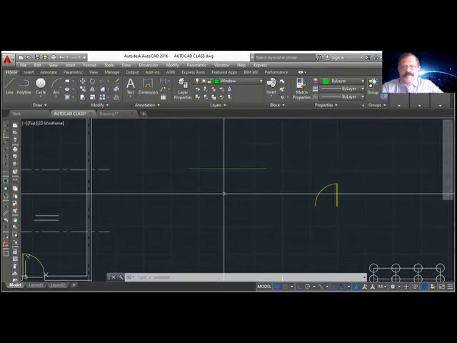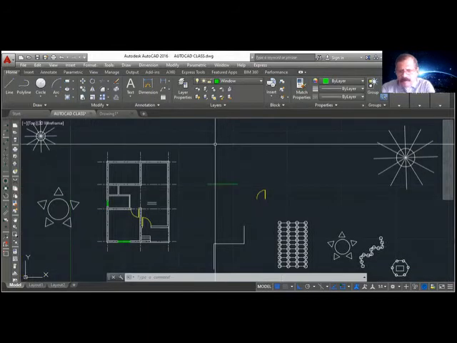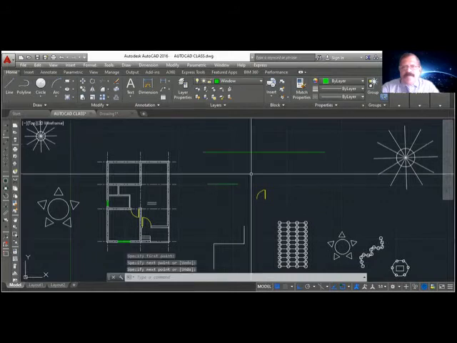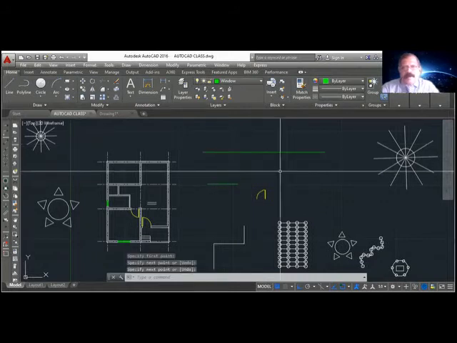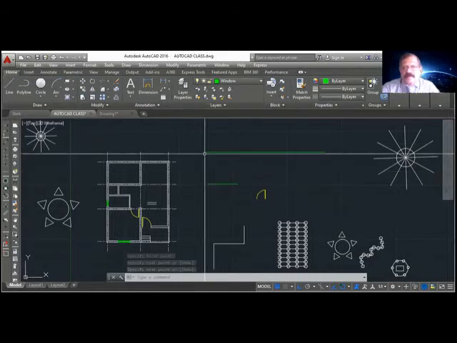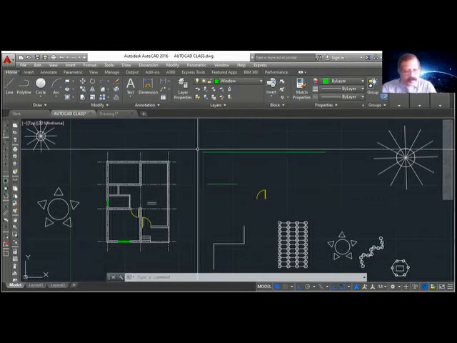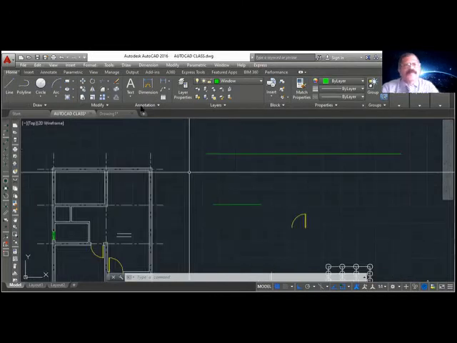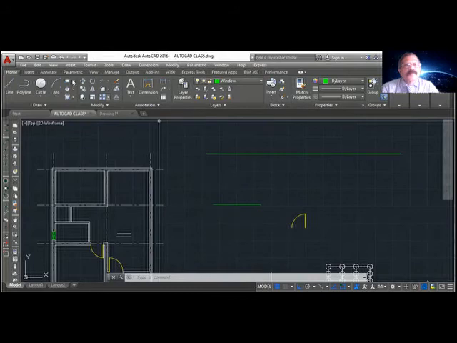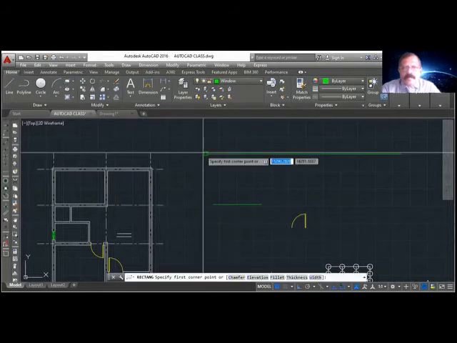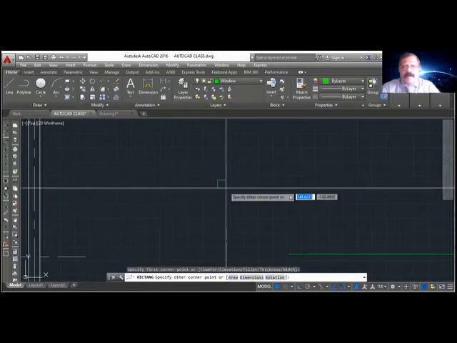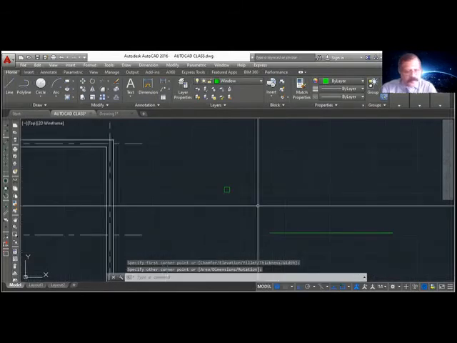For example, you have a compound wall. In this compound wall, I want to keep pillars equally. Suppose this is my pillar. I will create a small pillar here, a little bigger.